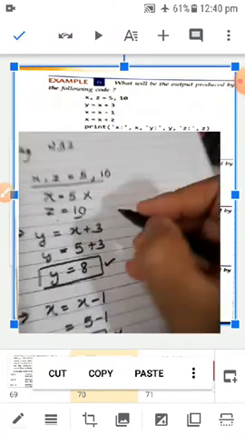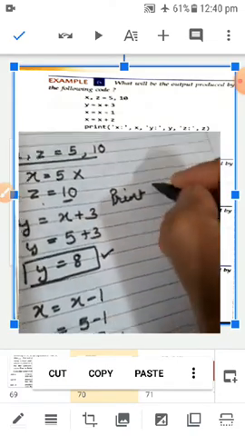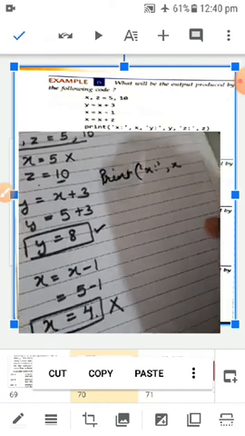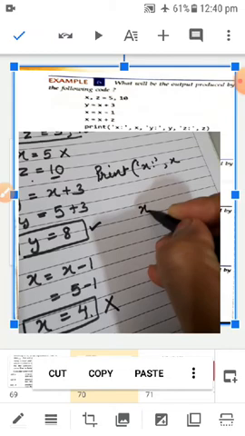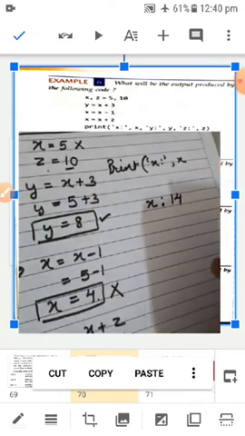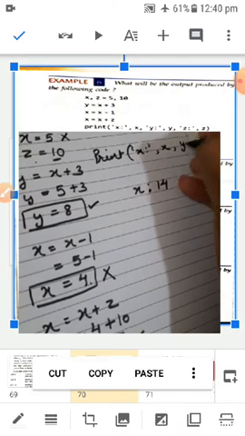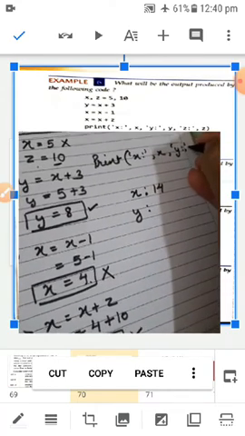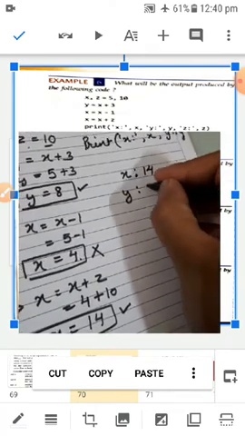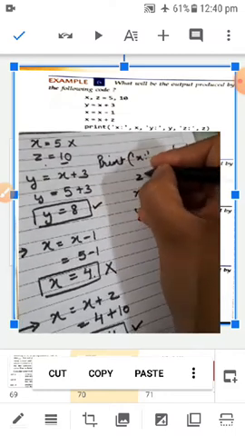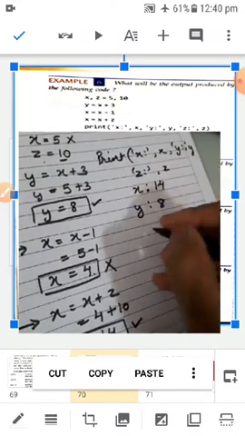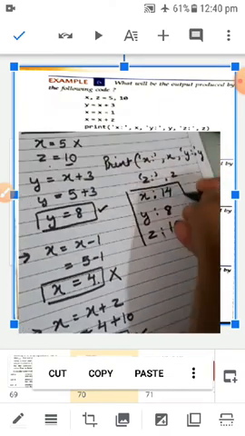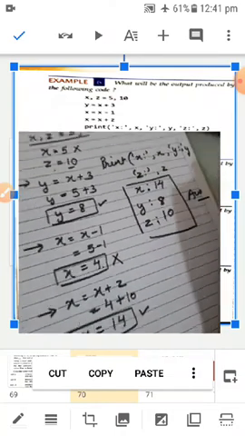Okay, now the next statement is print x like this, then comma x. So what is the meaning of that? This x value is 14. Now after that y written like this means y is going to print like this, and you have to print the y value. y value is 8. Next statement, you have z colon like this and put the z value. z is printed like this and z value is 10. So in this way you will get the output. I hope you are getting my point.